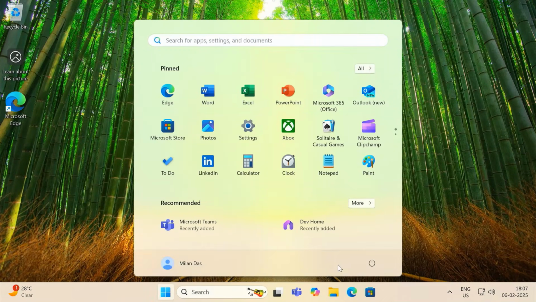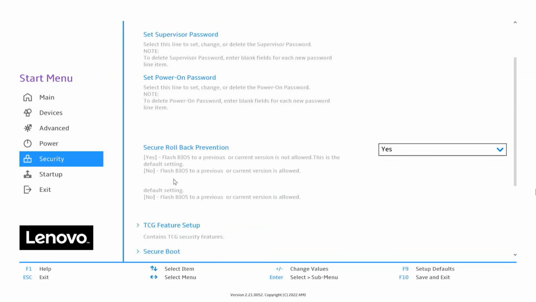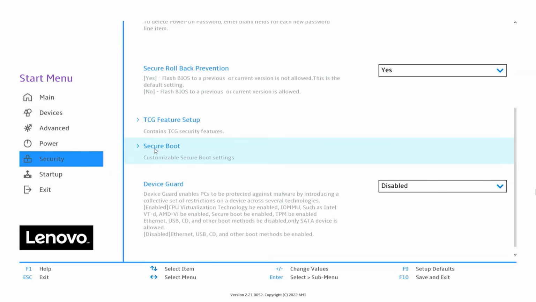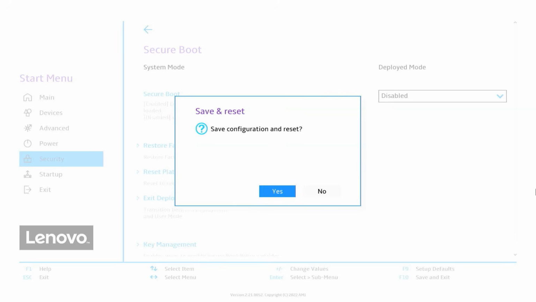Before you can boot from a USB drive, you need to disable Secure Boot in your BIOS settings. So restart your computer, and while it's booting up, press the key to enter the BIOS. Find the Secure Boot setting. It's usually under a Security or Boot tab. Disable it. We'll re-enable it later after installing Bazzite. Press F10 to save your changes and exit BIOS.